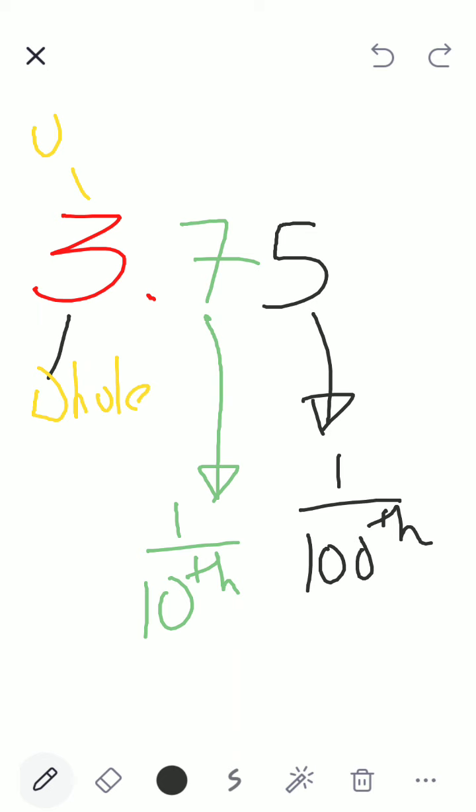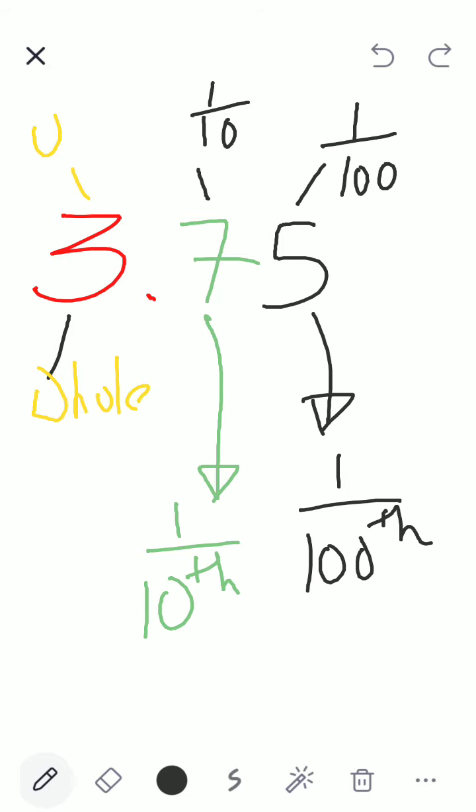So the fruits got divided 2 times. One time they got divided into 10 equal pieces, the 1/10 place. Each fruit got distributed. Second time, the smaller pieces got divided into 100. This is the meaning of place value. Clear, children?